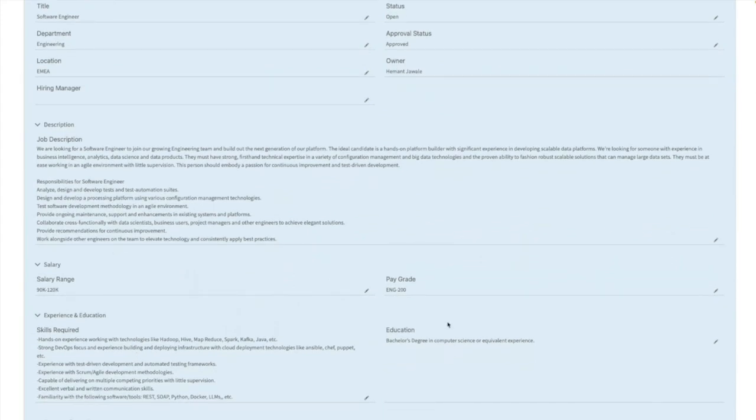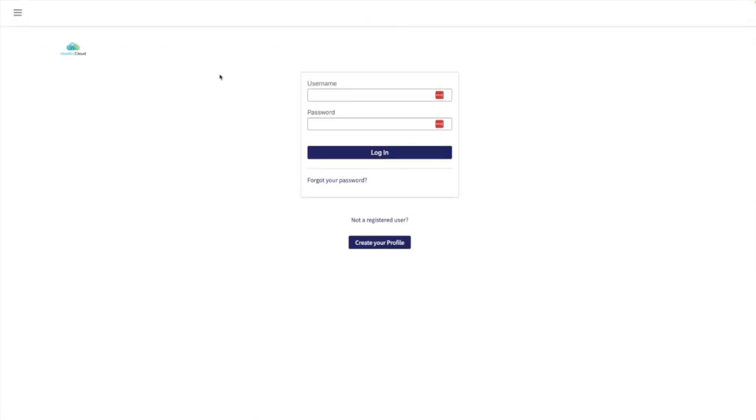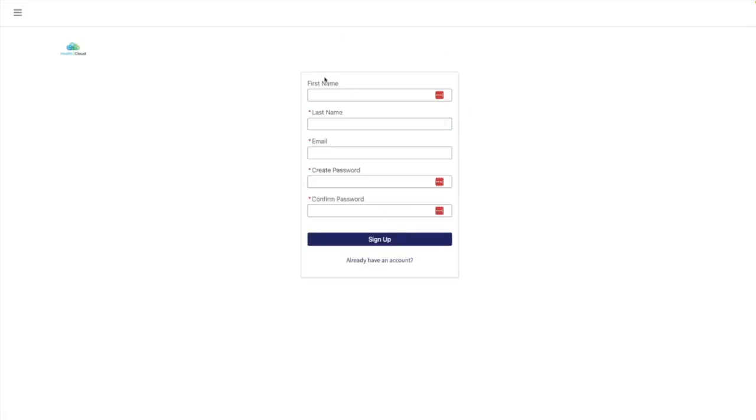So let's say now Gina is interested in applying to this role. So she'll go ahead and click apply to this position. But obviously, she is not a candidate in the system yet. So she can create her profile and fill in all her information to get started. So let's assume now that she went ahead and filled all this up and also uploaded a document as her